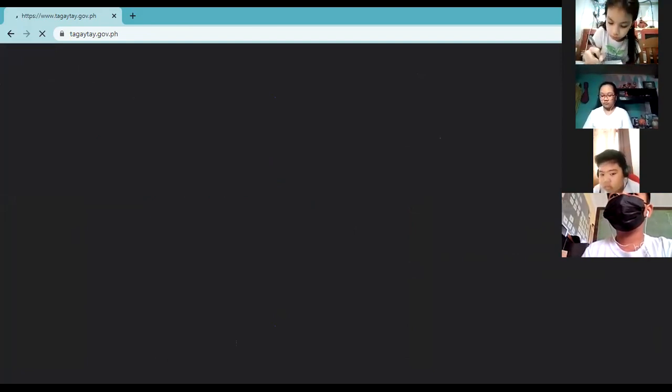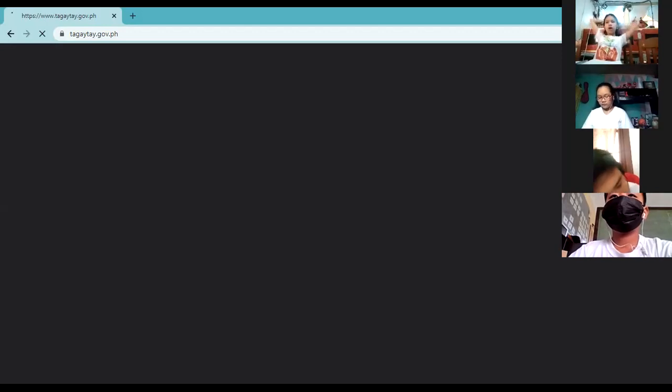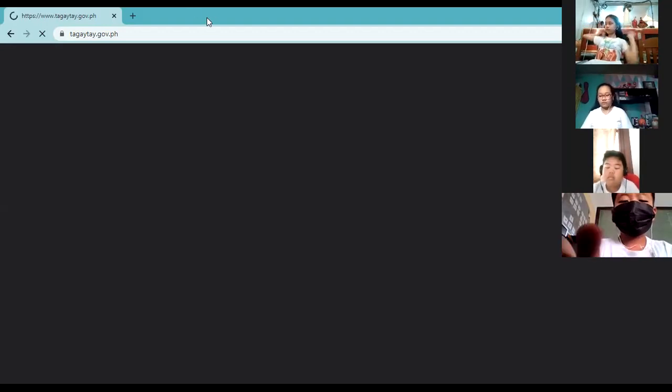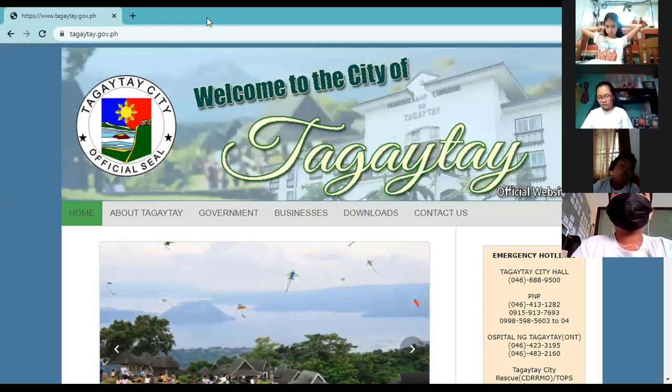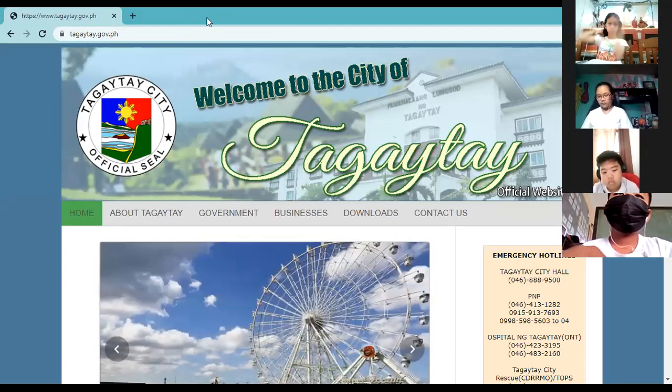Now, kasi your reading materials is quite obsolete na, no? So since yung ating book na ginagamit natin ngayon for the TLE subject is 2016 edition. So medyo obsolete na siya. So I'll be showing you how to do bookmark sa panahon ngayon kasi iba na yung way of bookmarking a page. Okay, so ito na.